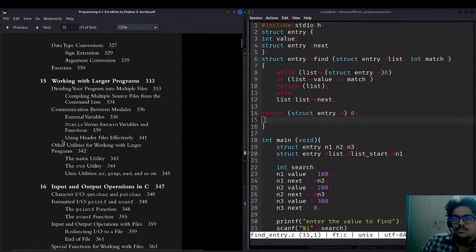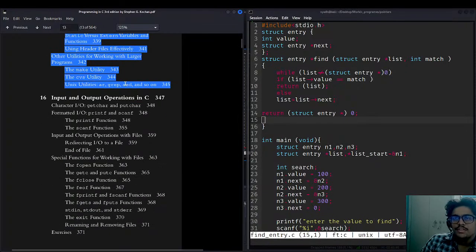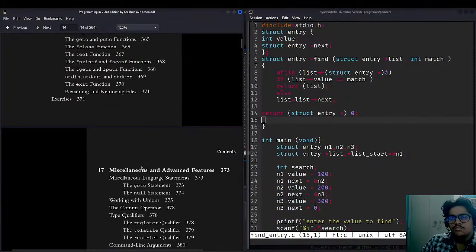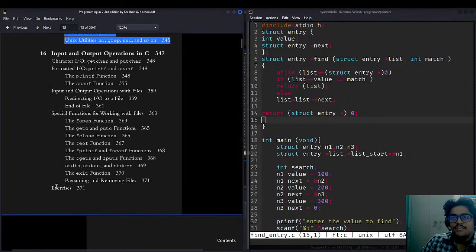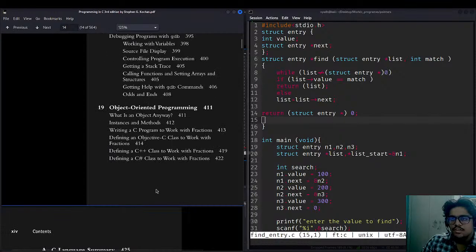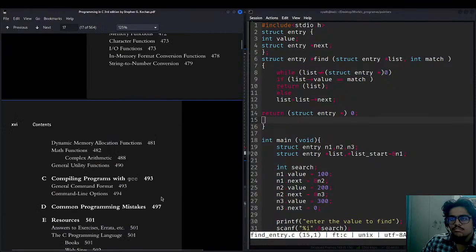Then working with larger programs, basically documenting your program. Grep and sed: you should have knowledge of Unix utilities. I have covered grep and sed in the Linux fundamentals, the previous series before C programming. Input output operations, file handling in C. Miscellaneous advanced features, debugging programs, object oriented programming, then summary and all. Not that much left.